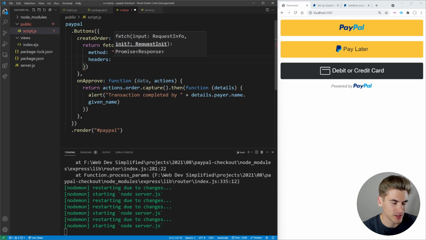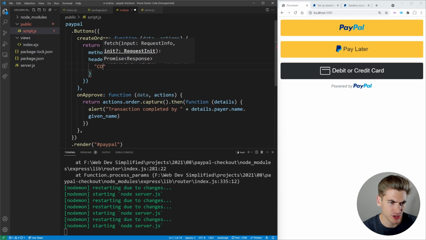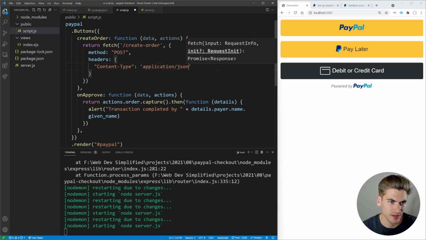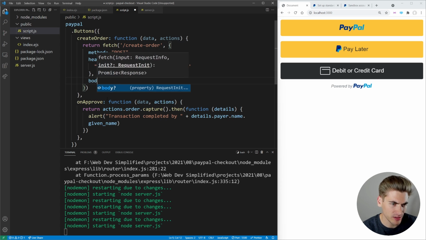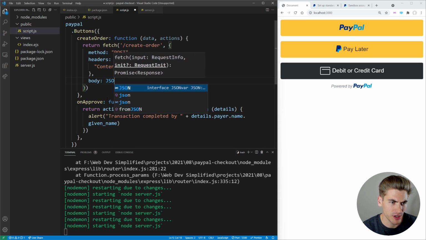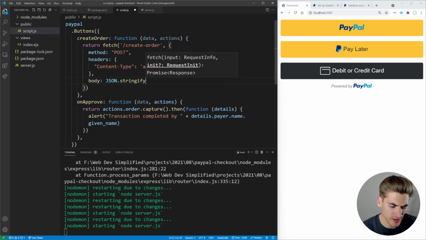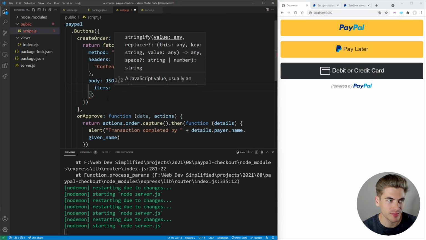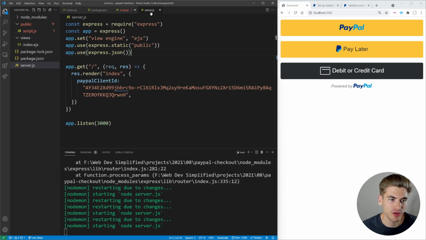We're going to put some headers in here, and that's just because we're sending JSON. So we want to change the content type to be application/json, because that's the data we're sending up. And then finally, we want to have our body, and we want to make sure this is a string. So we're going to JSON.stringify this, pass up an object, and this object is going to have one key, which is our items. This is just going to be an array of our items, which have an ID and a quantity. And the reason we're doing it this way is because on our server, we're going to then